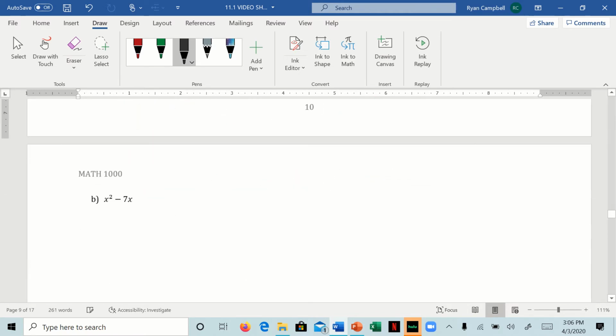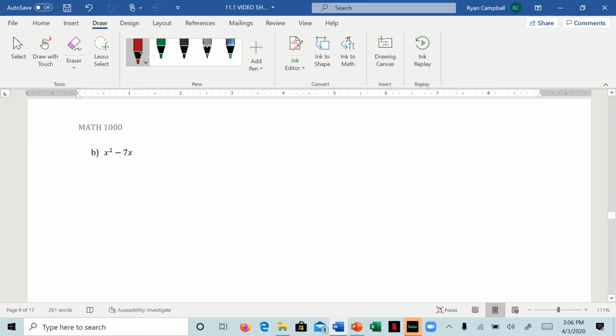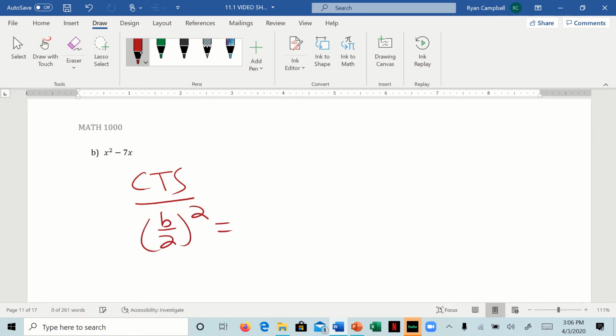All right, let's do another one. So we get x squared minus 7x. So completing the square, we have b divided by 2 squared. B is negative 7. So negative 7 divided by 2 squared. There's really no way to simplify this time. So we just square the top, square the bottom. So negative 7 squared is 49. 2 squared is 4. So we're going to add